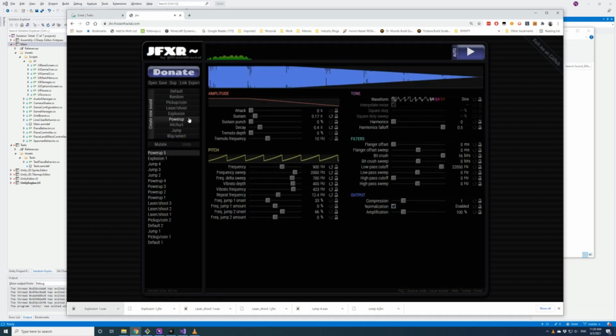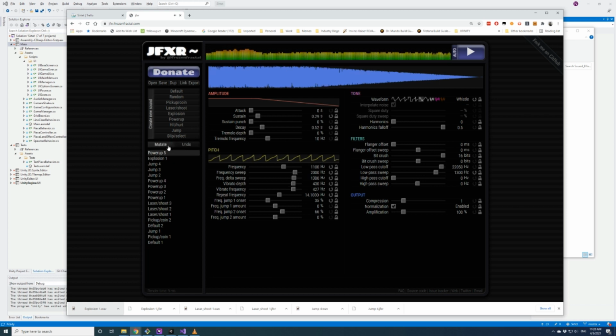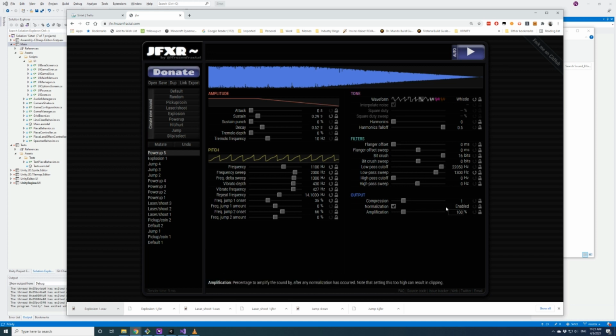So that might be a little too happy sounding. This looks like we need to lower our volume. Yeah. It's just too long. So I don't know if there's a way to shorten it.